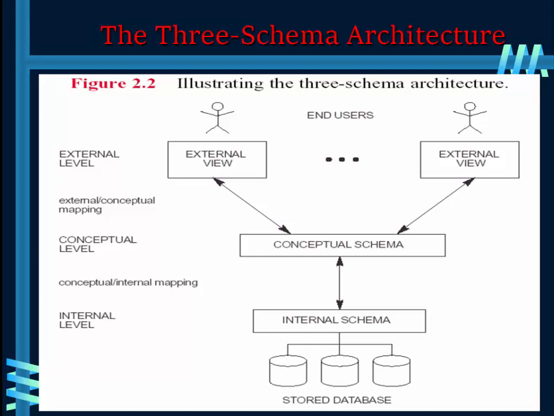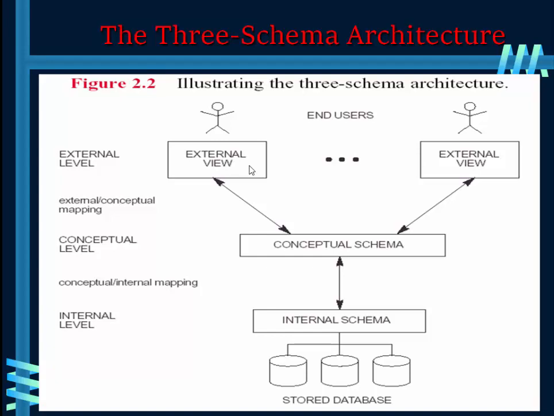Okay, see here, these three schema architectures are only the description of our data. They give us some description of the data. The stored data actually exists at the physical level, where it is stored. In a DBMS based on the three schema architecture, each user group prefers its own external schema to access the data stored on the database. So in this case, a DBMS must transform the request specified on the external schema. In the external schema, users ask for requests to access the data stored in the database.